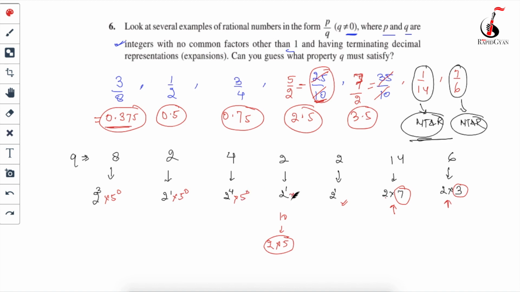I will tell you. 5 to the power 0 is equal to 1, means any number to the power 0 is equal to 1. If I write 7 to the power 0, that will also give me 1. But at the same time, don't write 0 to the power 0. It's not going to give you 1. Anyway, this is not in your chapter, so I will not study it over here.